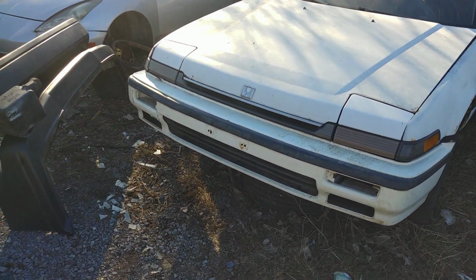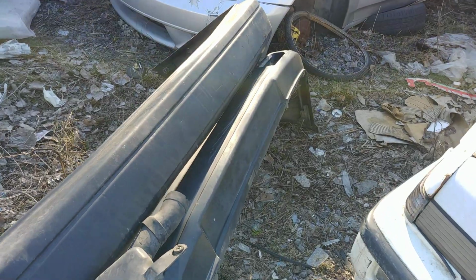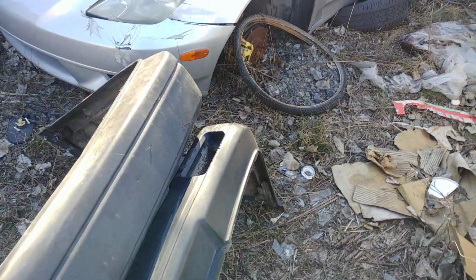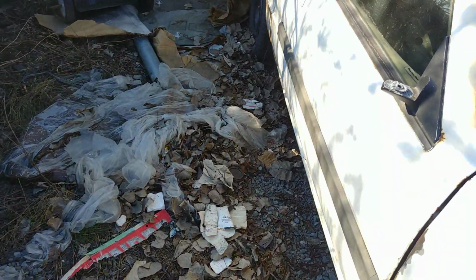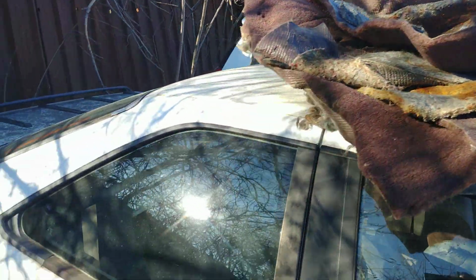I put the white bumper back on the Accord, the coupe. It had this black pre-face bumper and this other rear bumper in it. That's what's going on the car, but I gotta deal with them first. This is what it looks like now. I gotta put the carpet and fender back in, but